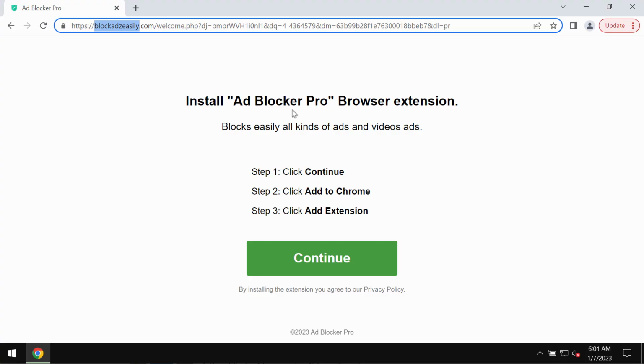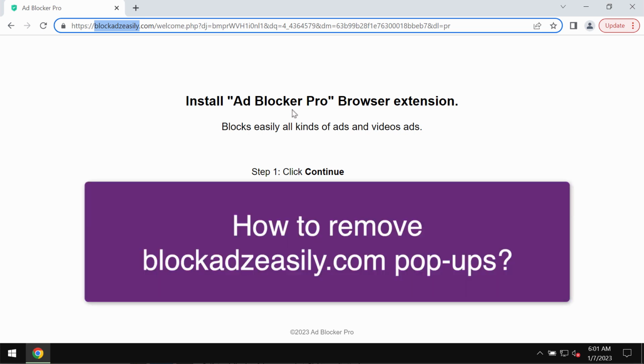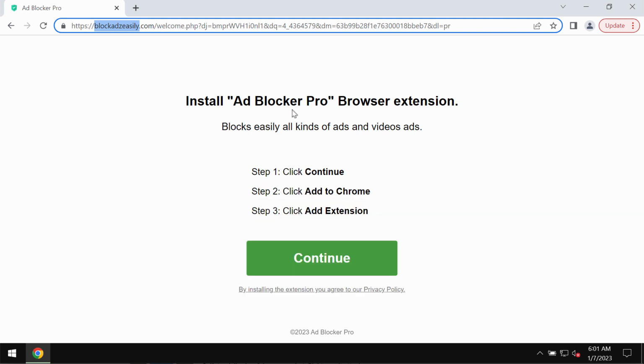My video guide will provide you with instructions that will help you to remove the unwanted pop-ups that are related to the site blockadseasily.com. Some people may see these pretty strange pop-ups by this site, blockadseasily.com. Keep in mind that this is a fake and deceptive site, and its purpose is actually to hijack your